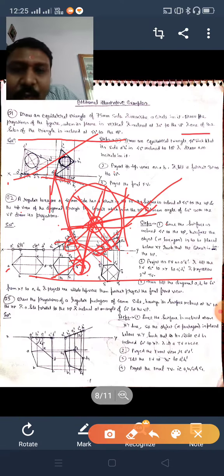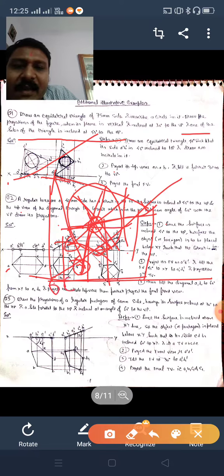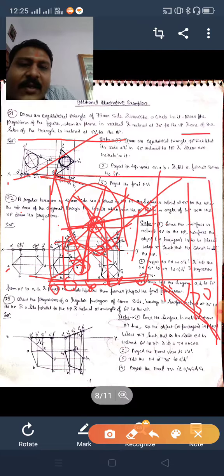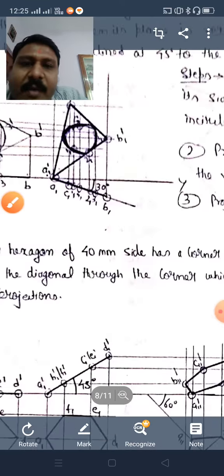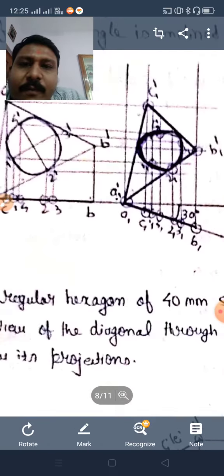Now project all these points. Okay, now it is simple, you all know. You will get this line. Name it as A, B, C, 1, 2, 3. Now put this line inclined, since the plane is inclined 30 degree to VP. Draw a 30 degree inclined line, and draw this plane over here. Project it vertically and project it horizontally. You will get a triangle and an ellipse inside it. See this diagram, I am zooming it, it will be clear to you.